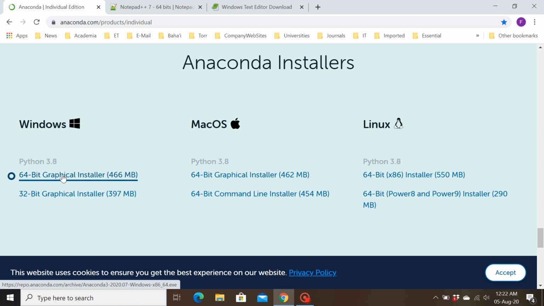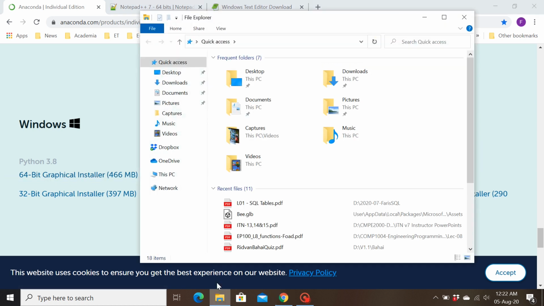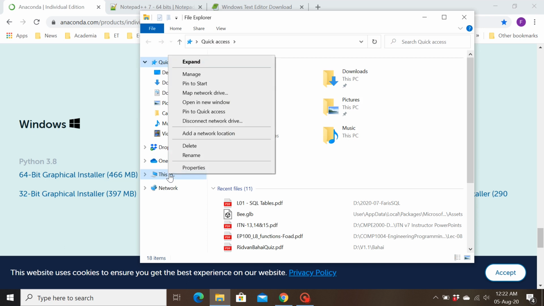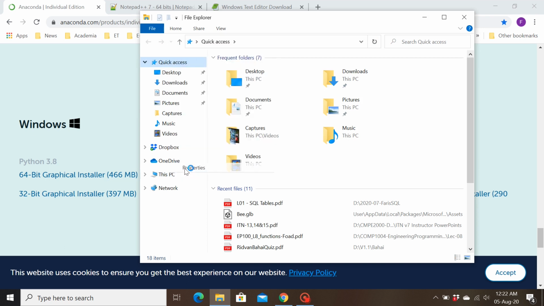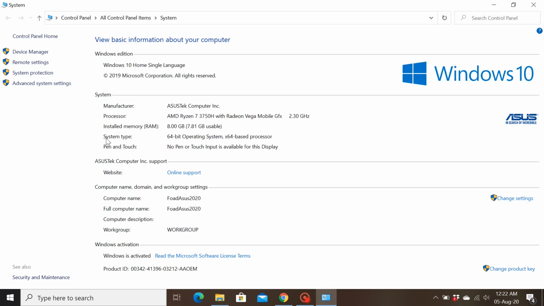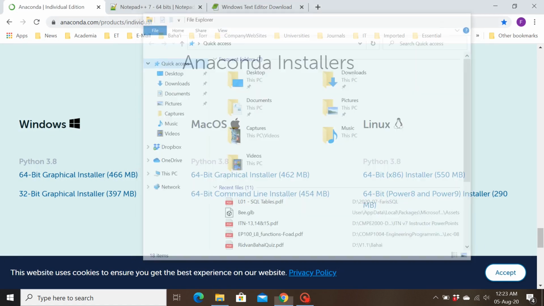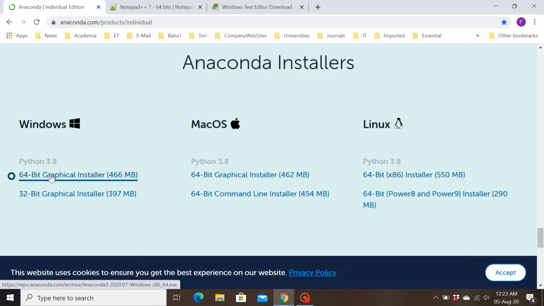Now the question is what kind of Windows system you have. If you don't know that, very simple, just go to your Windows Explorer and right-click This PC and go to Properties. Immediately it tells you what kind of system type you have. For example, mine says 64-bit operating system. So I know that I have to install the 64-bit graphical installer for Python. So I click on this link